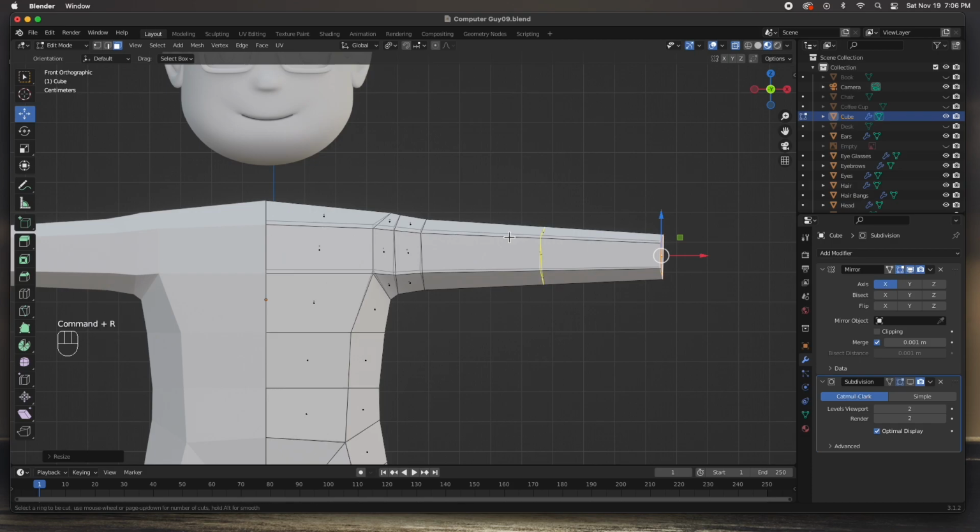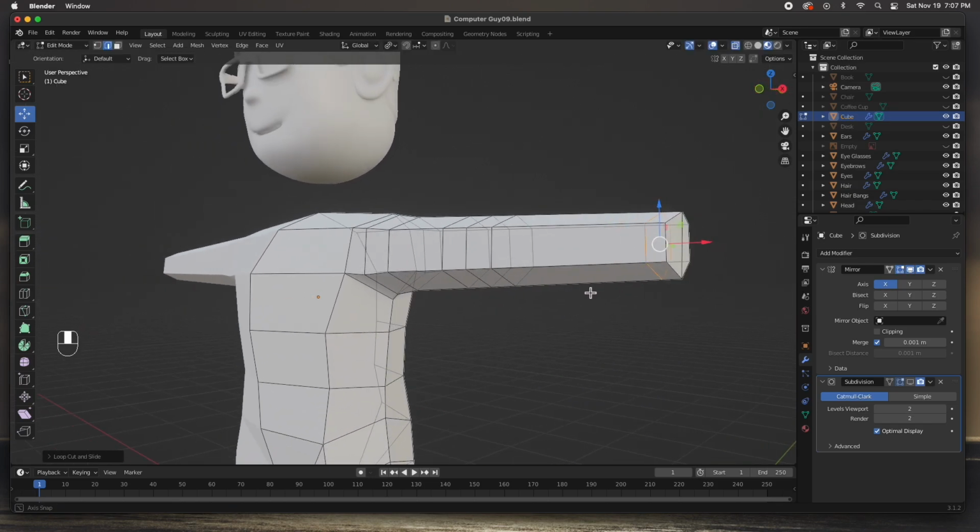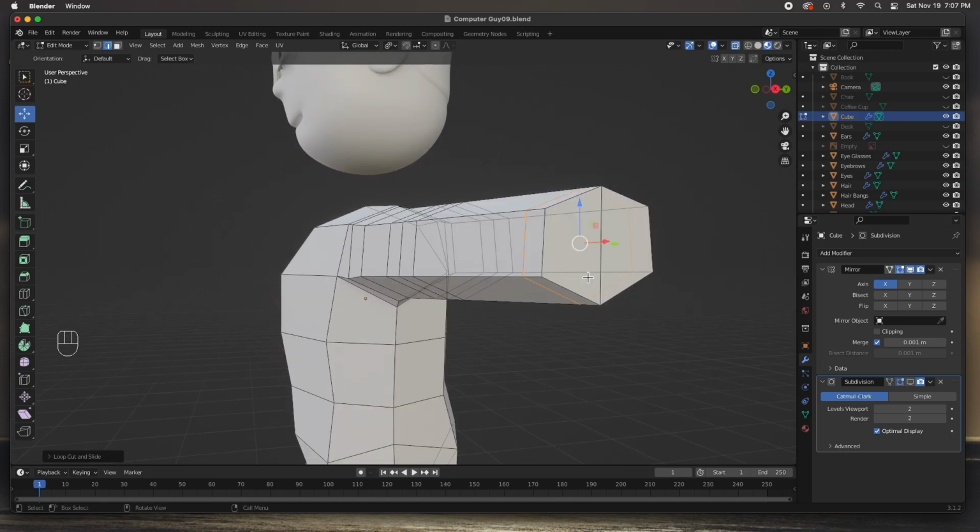Command R, left click, right about there. Command B to bevel this right there. That's the elbow. Let's do another one. Command R, left click, move it all the way to add a little definition here in the sleeve. Let's go to face mode. Select these two. Inset, I,